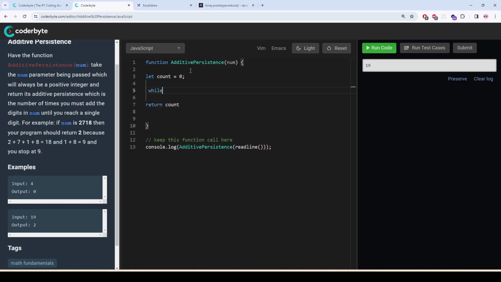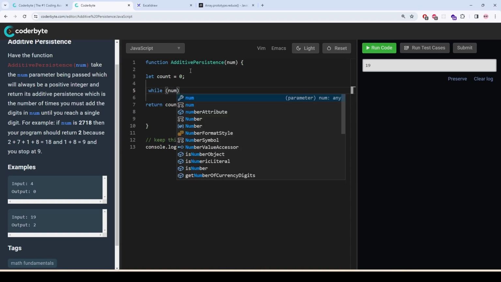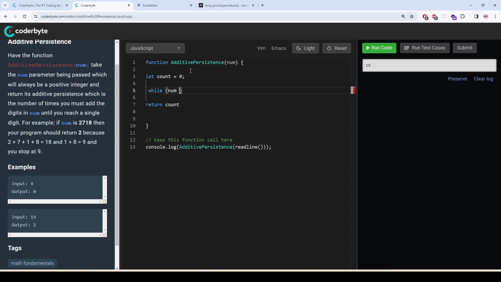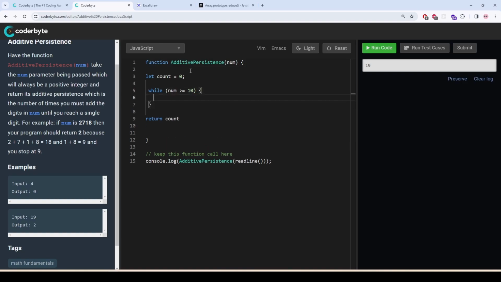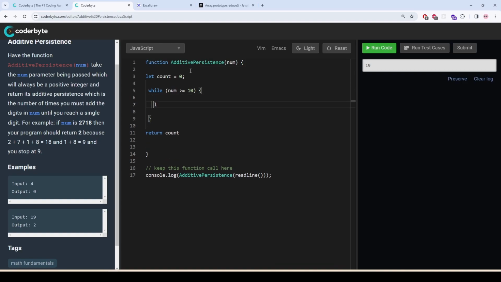So while the number is greater than or equal to 10, that means double digit, iterate this loop. Now we are going to convert this number to a string. Why string? Convert to a string